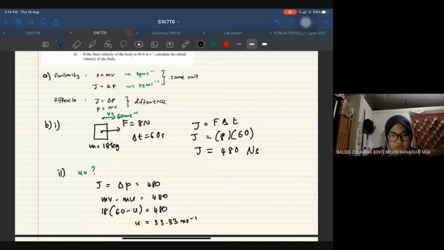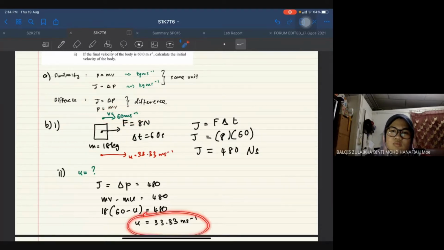Okay, so this one actually indicates that it is moving to the right. So U is to the right as well. So initially, U is moving to the right, and then a force is applied in the same direction as U. So you will expect the velocity to increase, which turns out to be 60. So everything makes sense. U is positive, meaning to the right, because of our assumption that the diagram